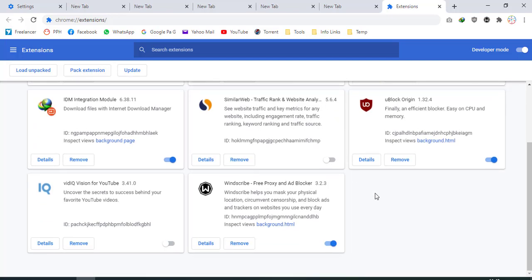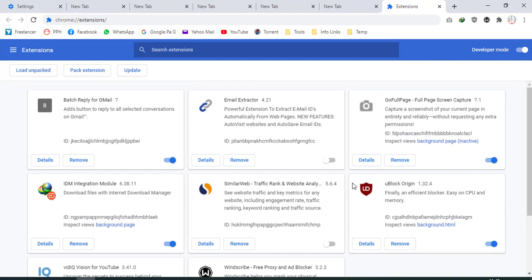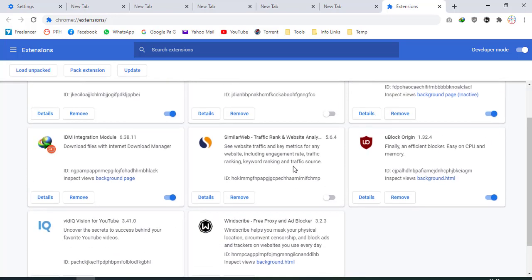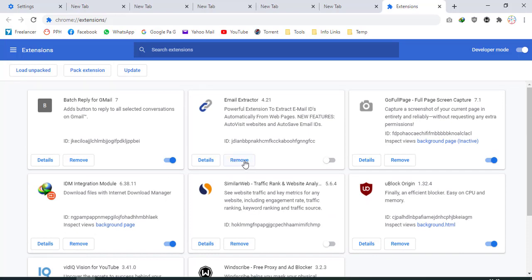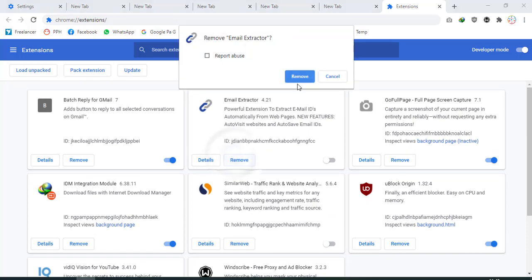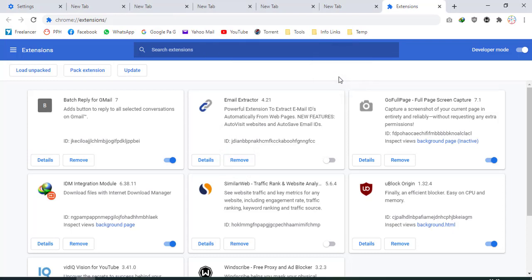This is just an example, and if you want to remove any extension, you can click the remove button and it will remove the extension along with its data.